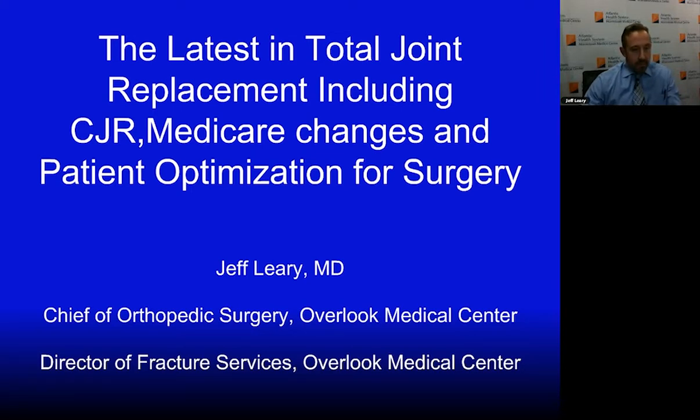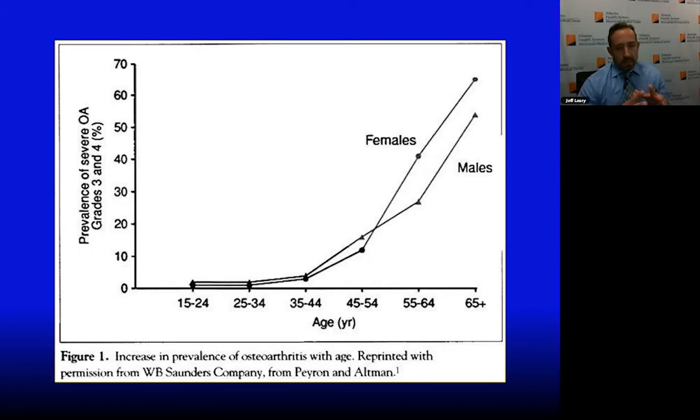As we go forward, I just want to take a look at a brief study that was done a couple years ago looking at the prevalence of severe arthritis among the population here in the U.S. You really start seeing a big jump at a fairly young age, probably younger than most people realize. Around the 45 to 55 mark, the number really starts to skyrocket, a little more prominent in females than males, and by 55 to 65, you see a huge spike. So from 45 up is when this becomes most prevalent, but even at the younger age of 35, you start seeing a gradual incline.